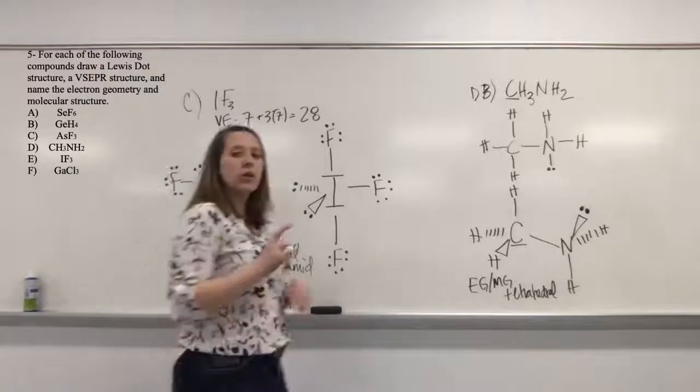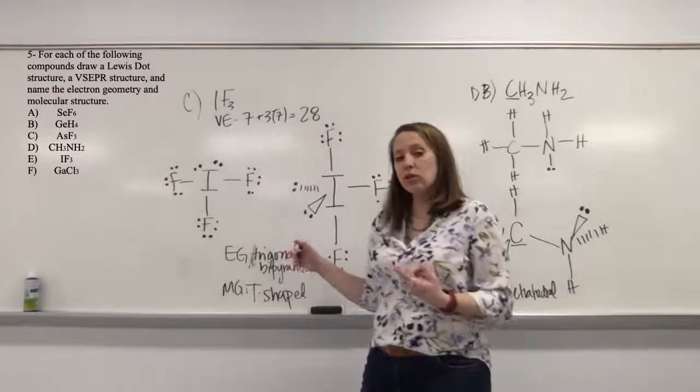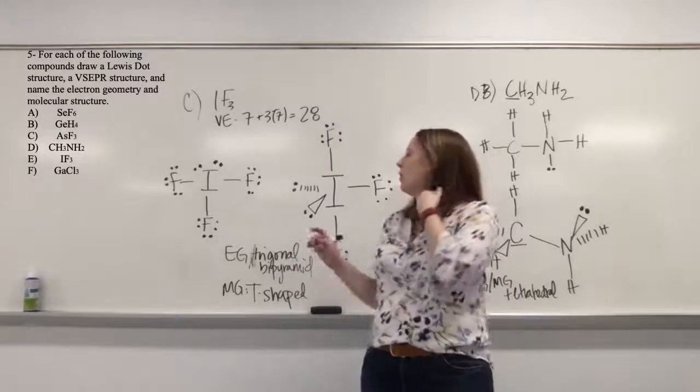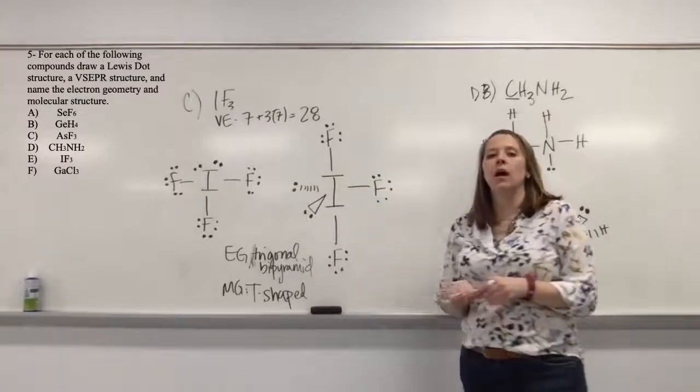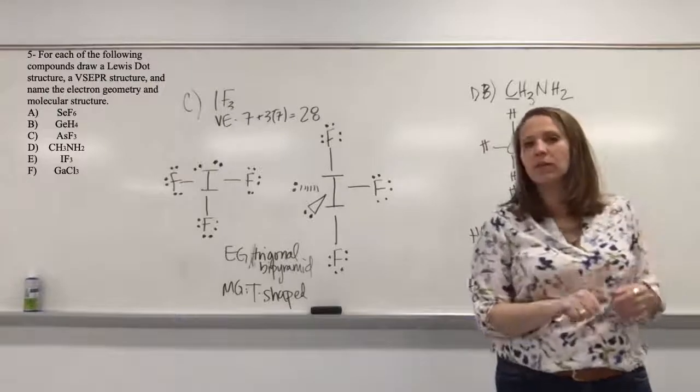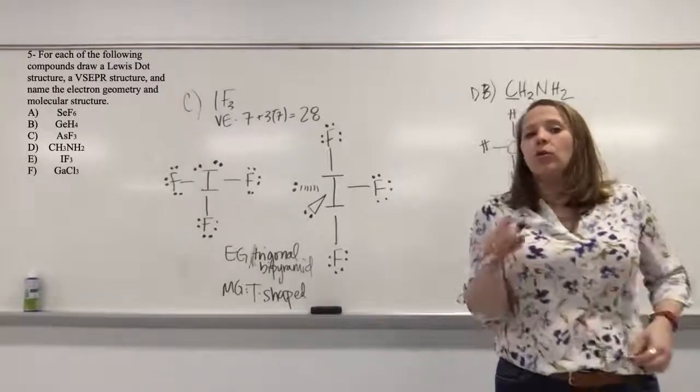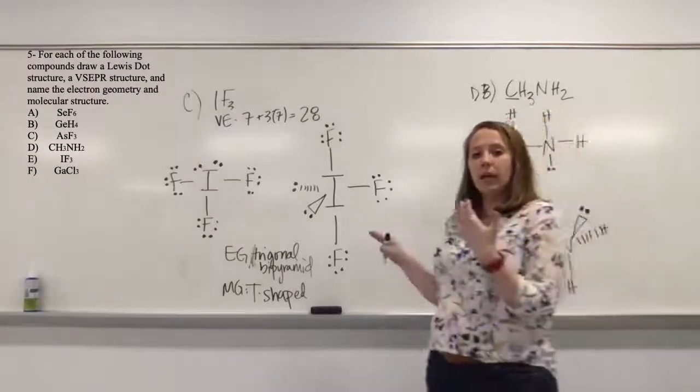There is another equally valid structure here where the lone pairs are on the top and the bottom and the 3 fluorines are in the center. I will in fact take both in this case. So do we have any questions about IF3